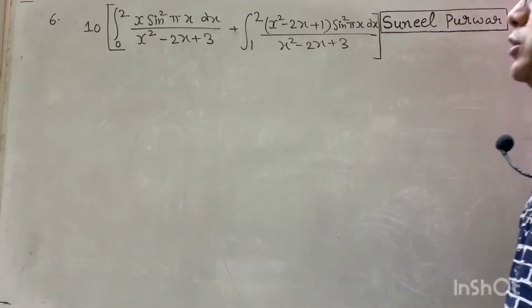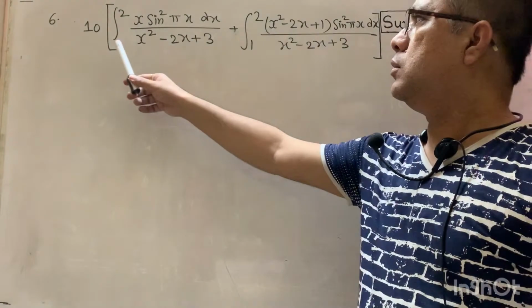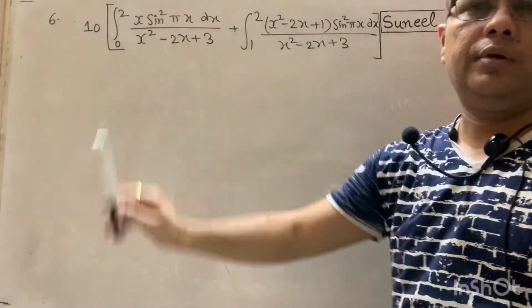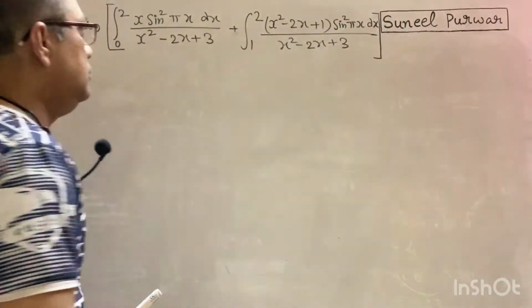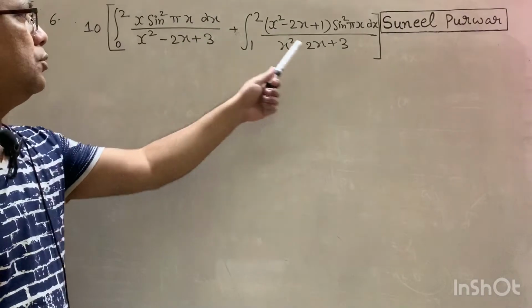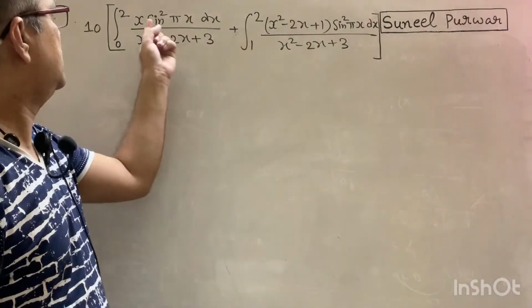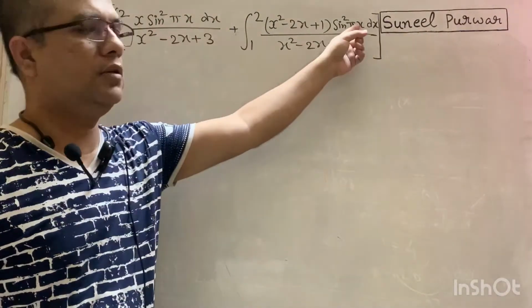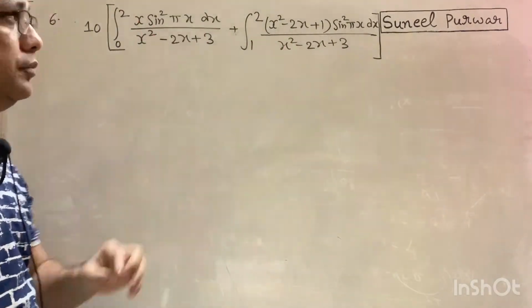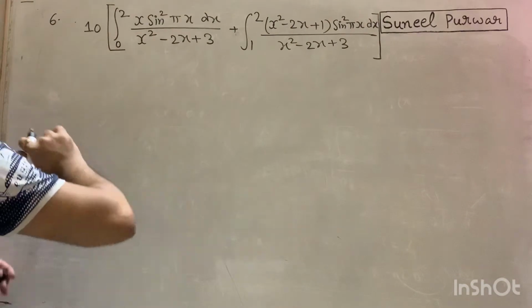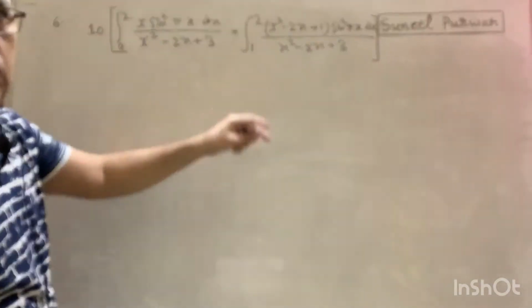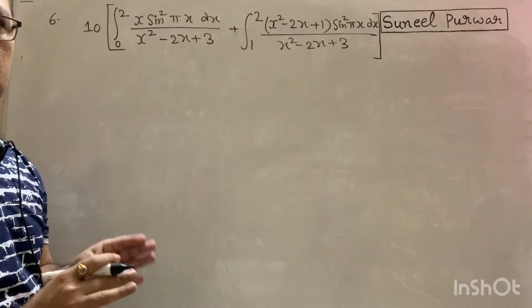So this is the next question where you have to find the sum of these two integrals multiplied with 10. Okay. So you can see there is a lot of things common in the two integrands. Denominator x, this sine square pi x, that is also common there. So we will try to connect the dots here. Okay. So what I will do, this first integral I am going to call I1, this I will call I2, and I will work them out separately.